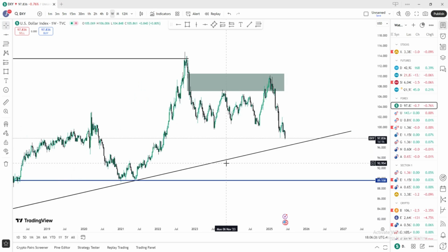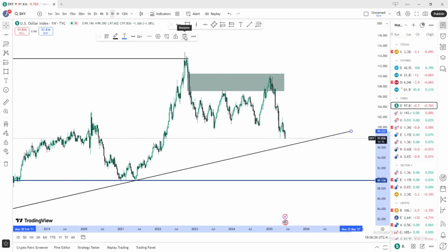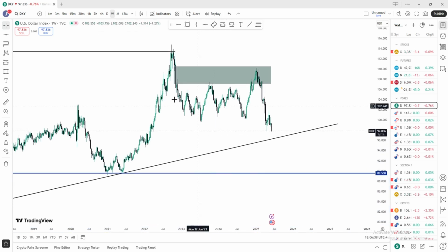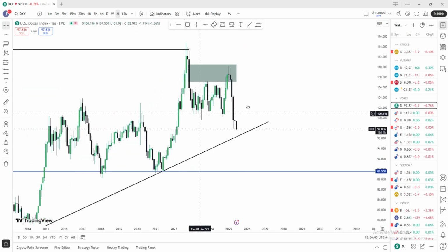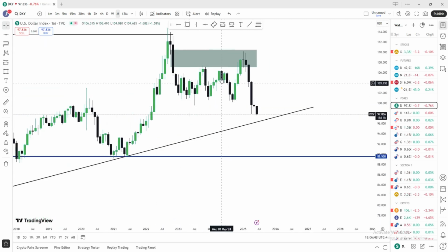Take this off too, because guys, I'm looking at this level for my target. What I suspect they might do is this. Let's come down to the monthly. This is what they might do. This is a breaker. I don't know if you're familiar with a breaker, but if you're not, it's the last down close candle prior to the move up. That's the market sweeping this liquidity right here and this liquidity right here. So what the market tends to do sometimes is come back down to this